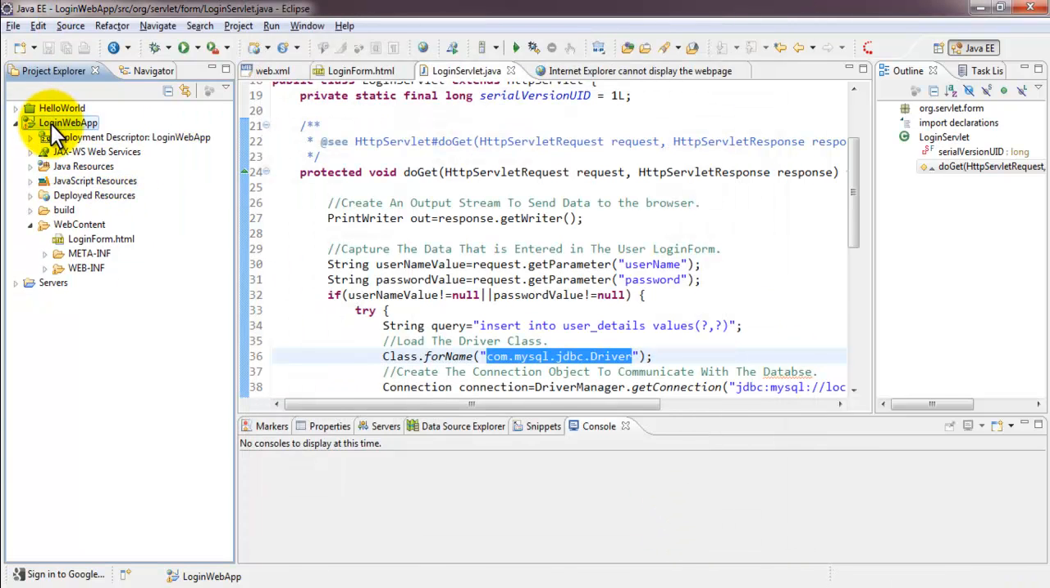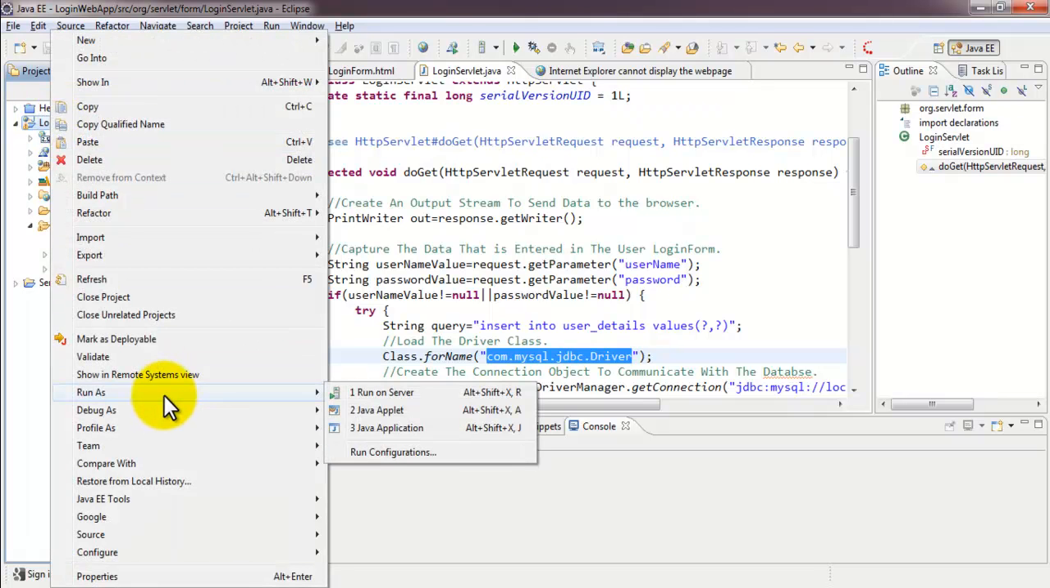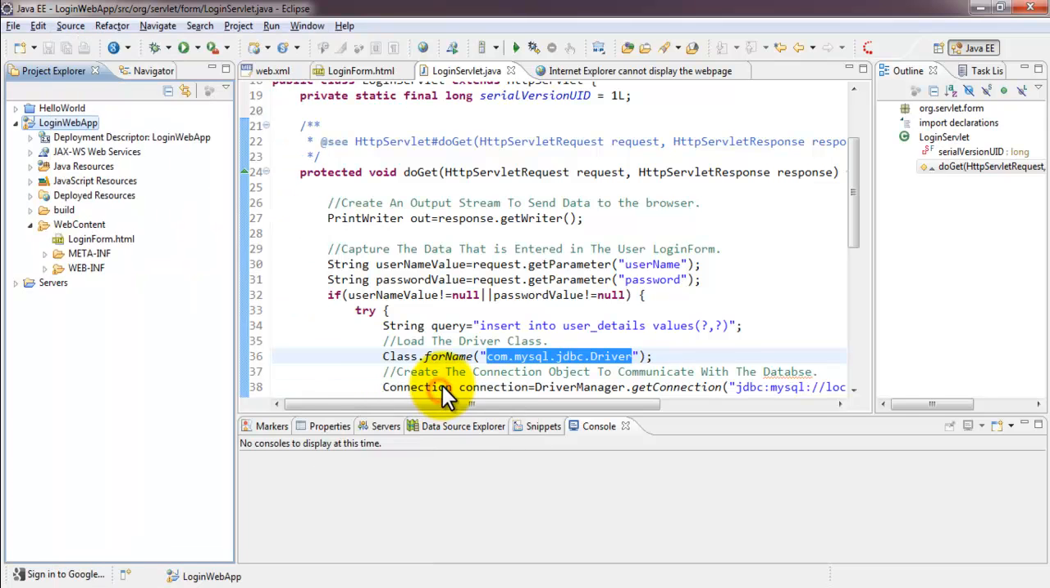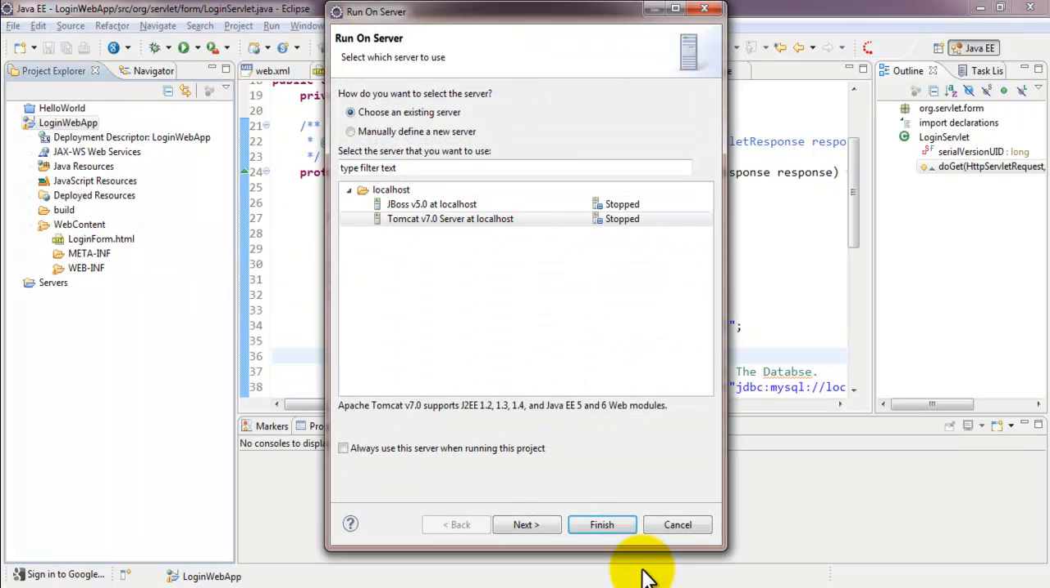Now it's time to run our application. In order to run it, select the application, right-click and choose the Run on Server option. Now it is asking us which server you would like to deploy your application to. I would like to deploy